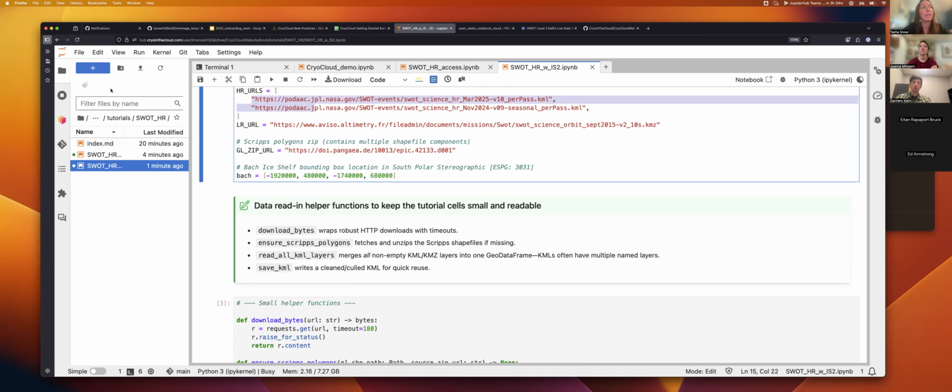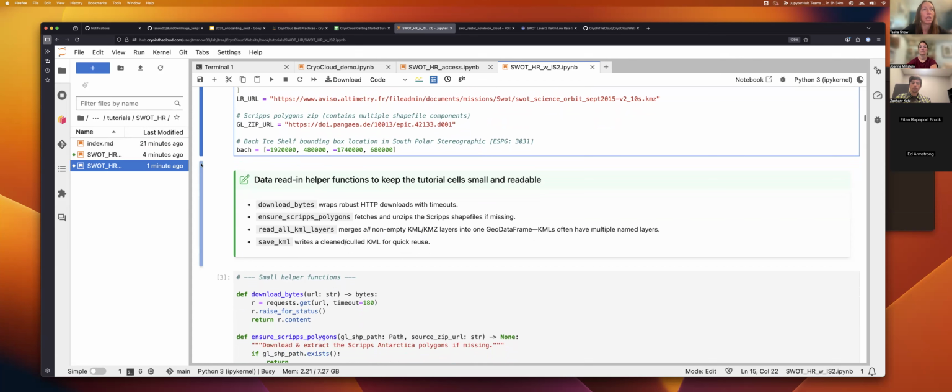It's really nice if we're all doing this and it takes 5 minutes to open and stream something, to create one copy for everybody, and then not everyone has to do it. It's much faster. But in general, we recommend streaming as much as possible and not downloading and keeping things. One copy is fine for us to do. So that's how we're going to do this and keep that shared. And then this is the Bach ice shelf